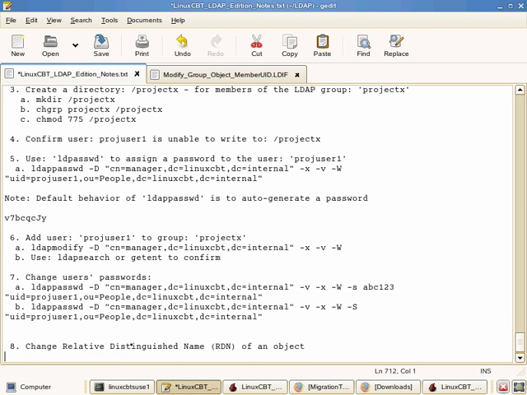And usually we do this for users. There's a separate command, ldapmodrdn. Its syntax is as follows: ldapmodrdn, the bind DN, which we know as CN equals manager,